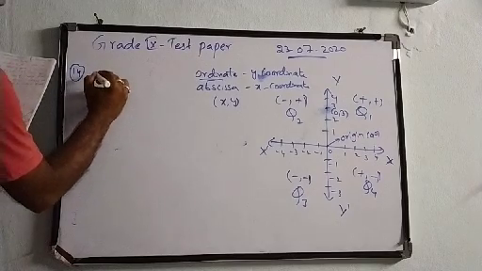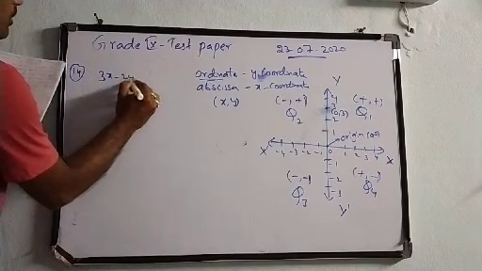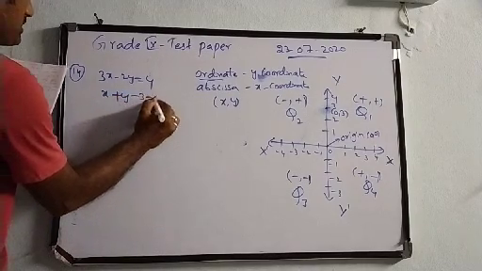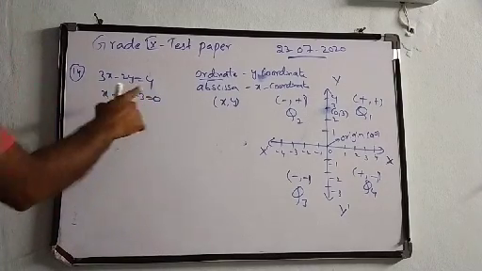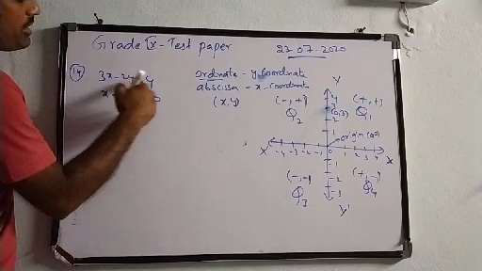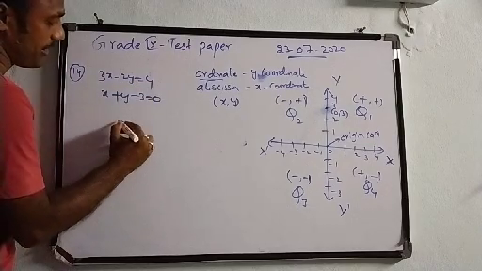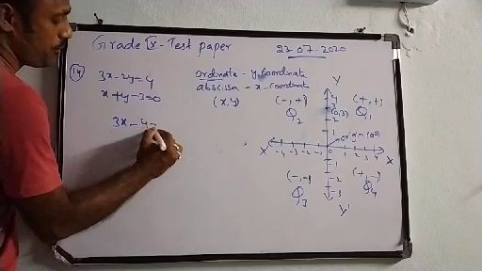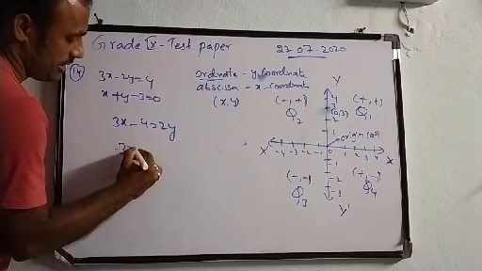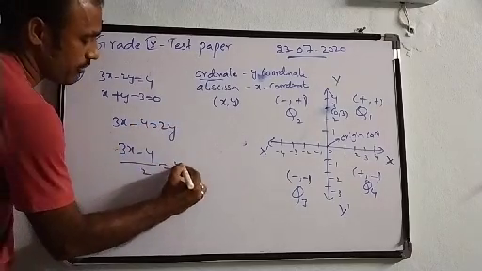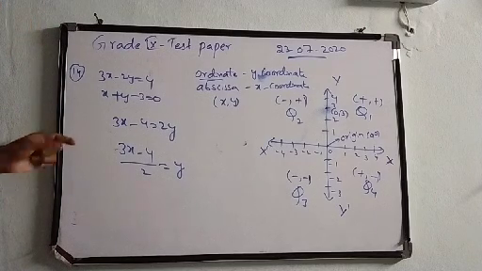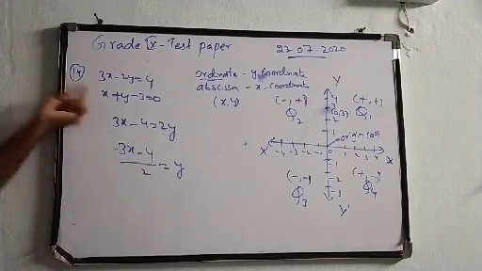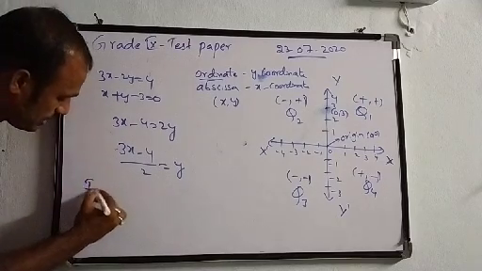So draw the graph of 3x minus 2y is equal to 4, x plus y minus 3 is equal to 0, and he is asking where they are going to intersect. So 3x minus 2y is equal to 4. Let me transpose 2y, so 3x minus 4 is equal to 2y, (3x minus 4) by 2 is equal to y. Our intention is to bring at least 2 multiples on the denominator so that the calculations will be very easy. So let us take the x values.